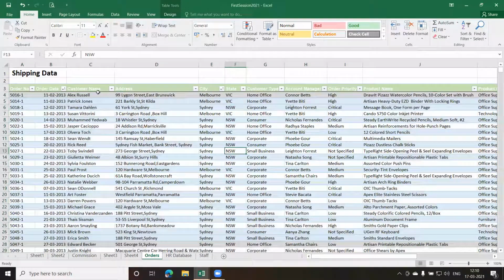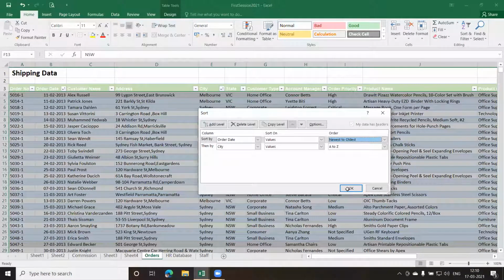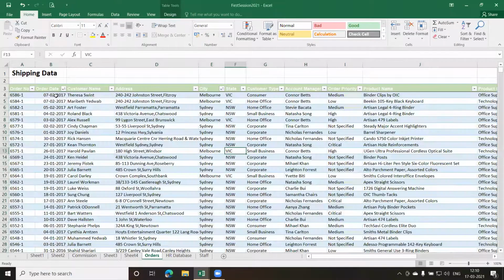Fine. So here you can see this has been sorted, and this as well. Now, if I want this in descending order, let us change this to descending and check it out. I'll just change this to newest to oldest. So we get 2017 data first now. Previously, it was 2013 data. And this is as per the city. Clear? Any other doubt?